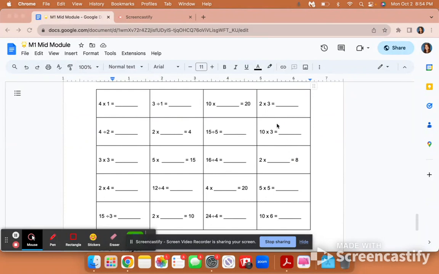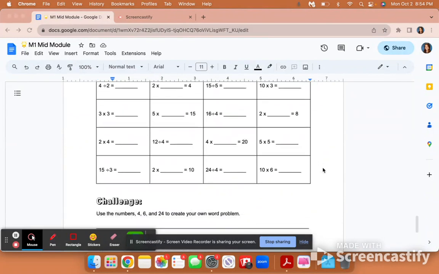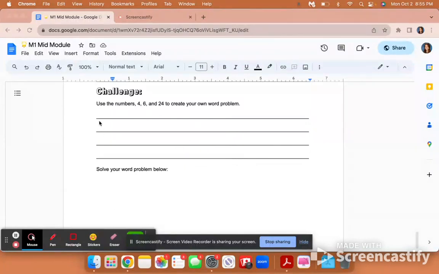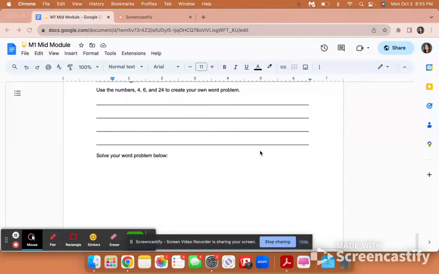And then these ones, you're just doing your math facts, multiplication and division. And then if you want to challenge yourself, it says to use the numbers 4, 6, and 24 to create your own word problem. So remember, a word problem is like a math story, and you have to use these numbers somehow. So think of what operation you want to use: addition, subtraction, multiplication, or division. And then once you've written your word problem for someone else to solve, you're going to solve it yourself down below and come up with the answer, draw a picture, sentence